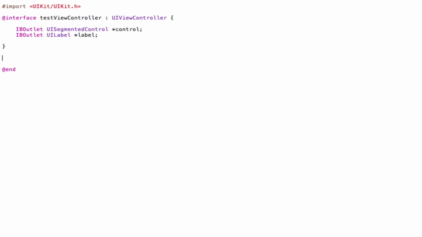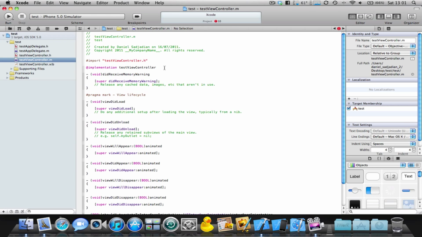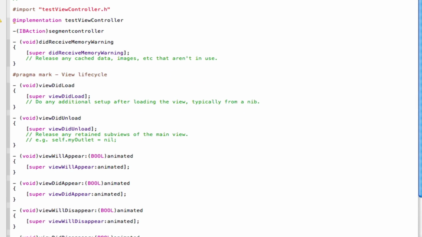Now underneath the closing curly bracket, we're going to add in an IBAction. So IBAction, and I'll type in a name for the IBAction. Let's just call this segmentController, semicolon, save. Now let's just copy and paste this IBAction into our viewController.m file and get rid of the semicolon,